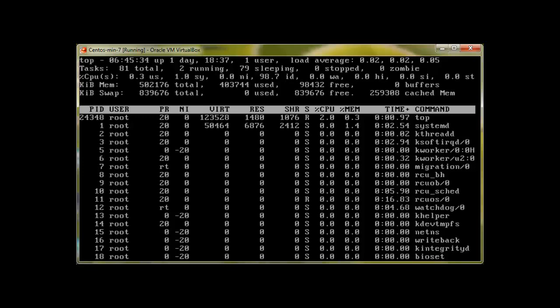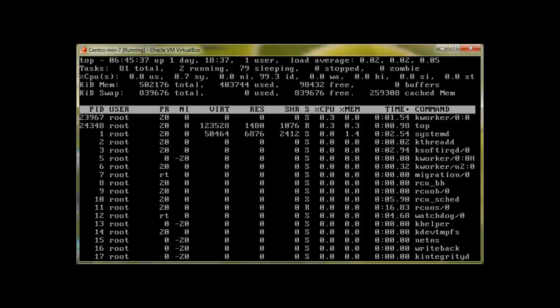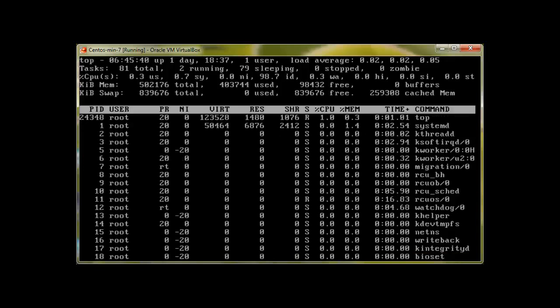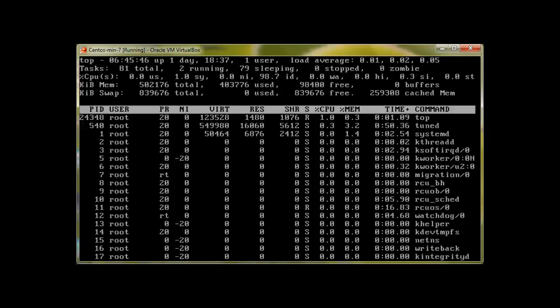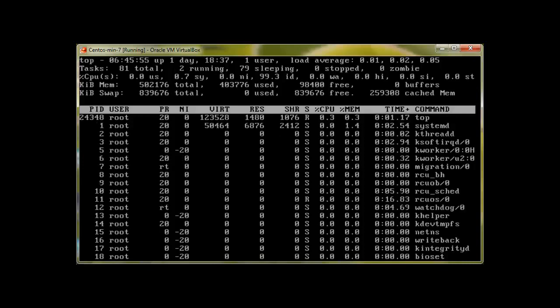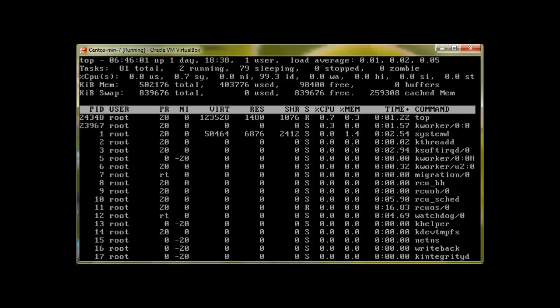Okay, so let's say there's some process and it's really bugging you. Sometimes Firefox does that in a graphical user environment, and sometimes there are other jobs which you would like to kill and you cannot stop them. So let me show you how you can stop or kill a process with this top command. Also, first I'll quit this top with Q,